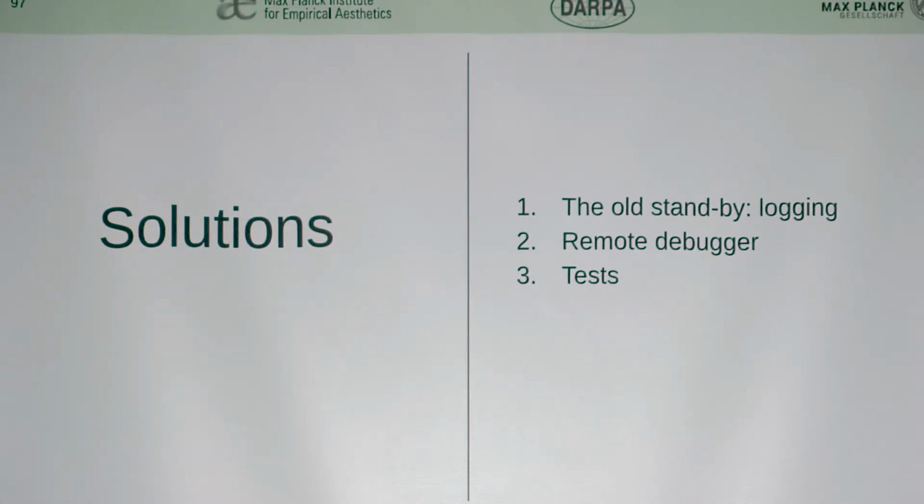So, three suggestions. First is the obvious one. You can just add logging statements to see what's going on, output the value of variables X, Y, and Z. The next, which I had been aware of for a long time, but I always assumed it was going to be a nightmare to set up and use, is the remote debugger. I think Matthew actually told me, no, it's not. You should figure it out. So I will attempt to demonstrate that briefly. And the third,